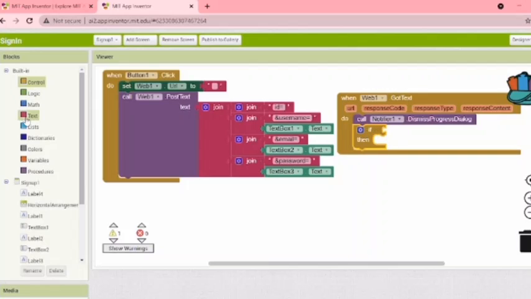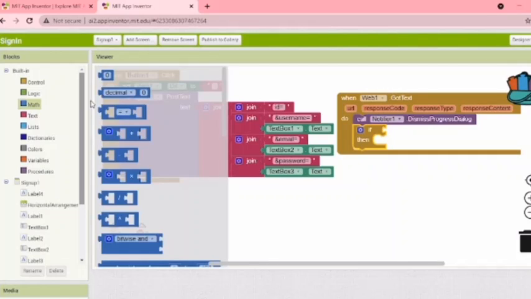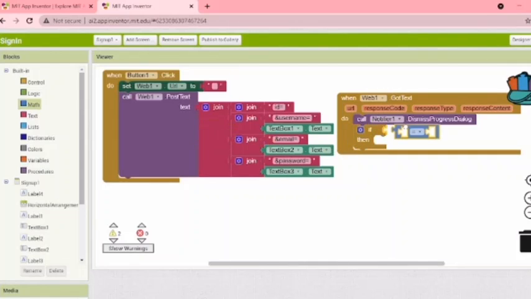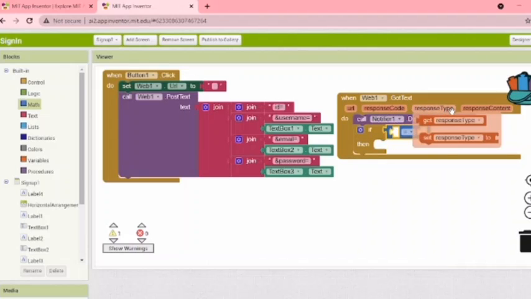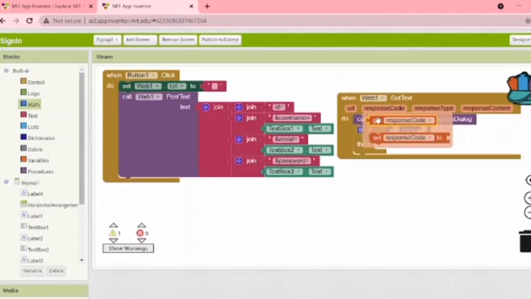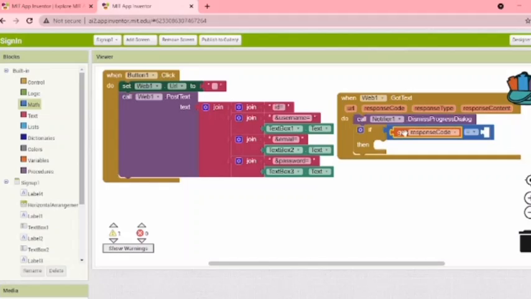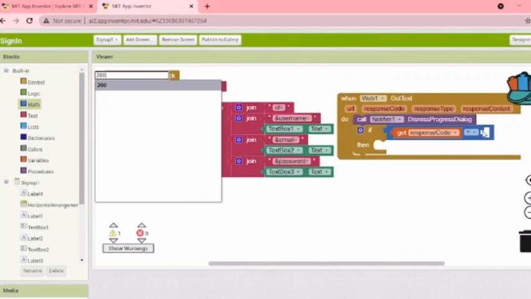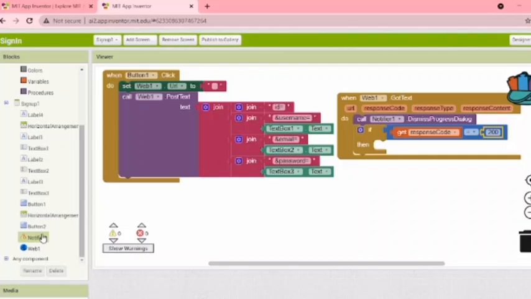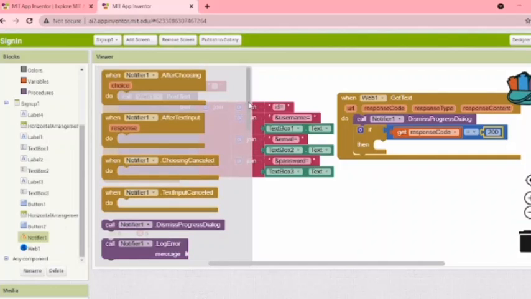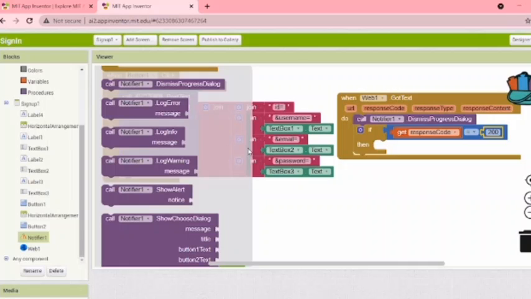and then we need to take this met and put here, then get the get response code and put here, equal to 200 and put in this, and then again we need to call the notifier show alert, which is the pop-up when we key in